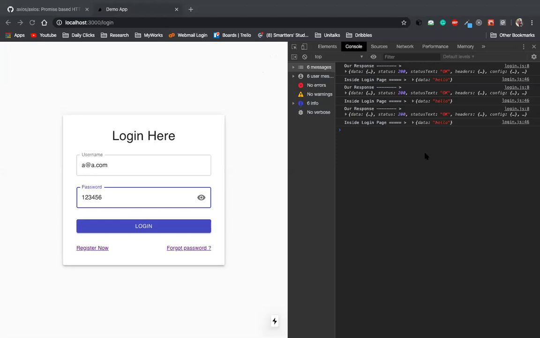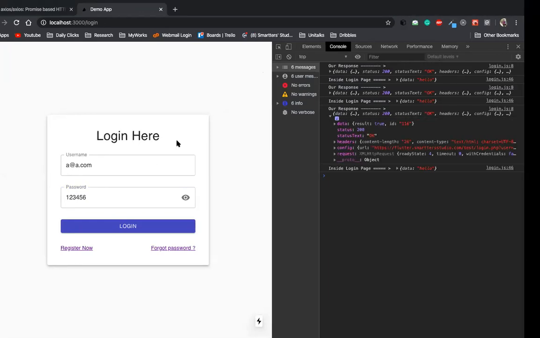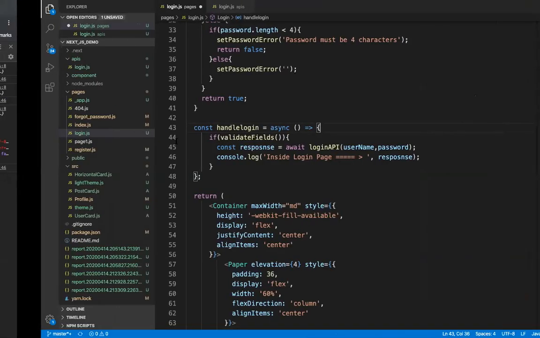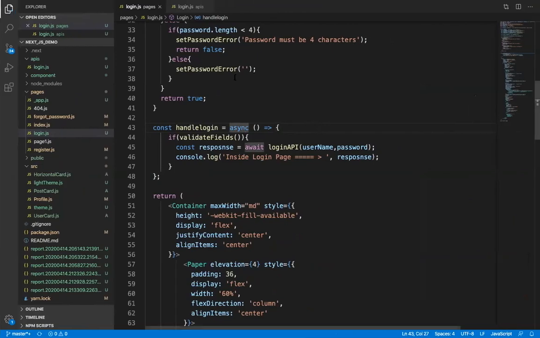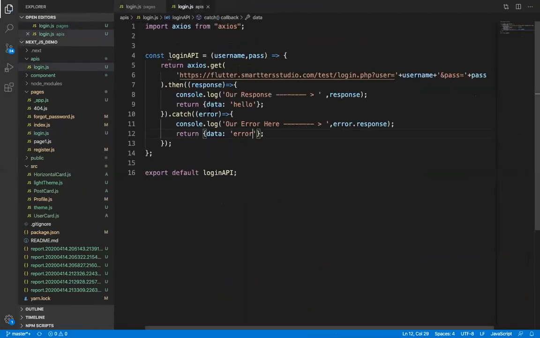So what happens here when we log in? Either you may get a response or you may get an error. When you get a success response from the server, it will go to the then part.